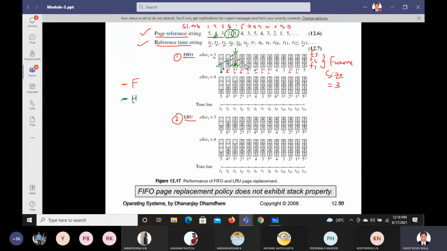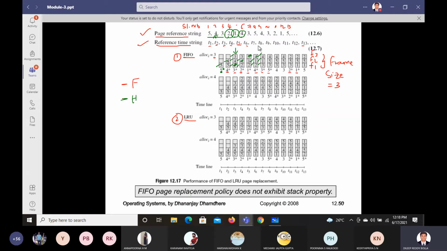1 also we should replace. So 5 is done. Now replace this 4 and write 1 here. Rest all, 3 and 2, will remain the same. This also is not there, so it is a page fault, star mark I have written. Next we should go for 4. For 4 you should replace the next page, 5. Replace 3, enter 4, and 1 and 2 will continue as it is. So star mark here because it is not available.